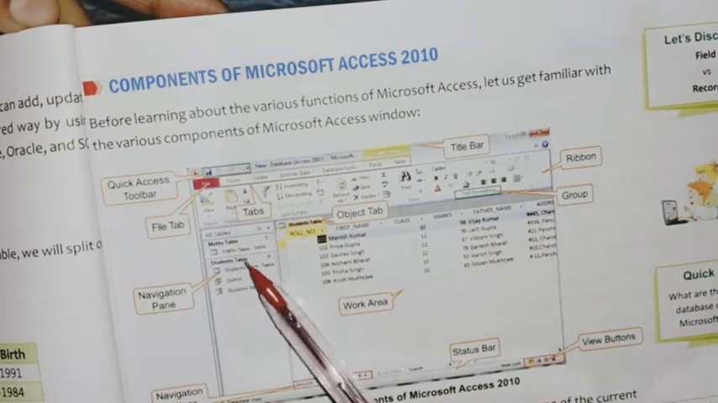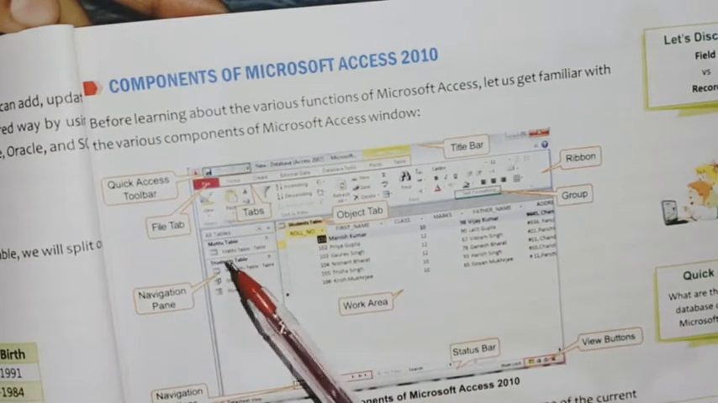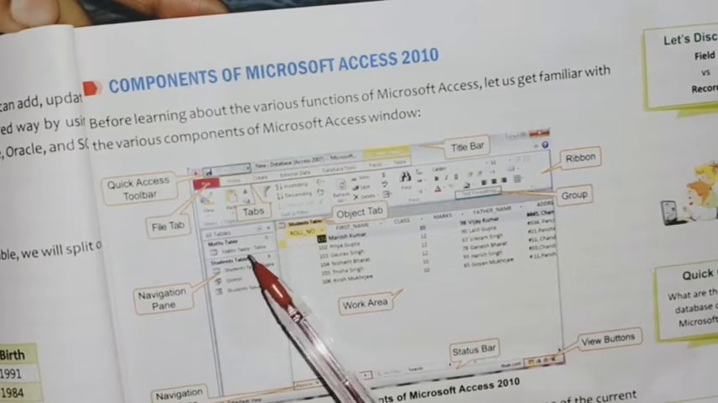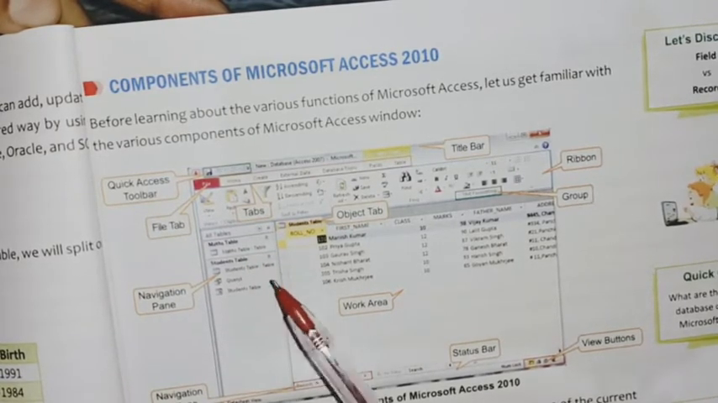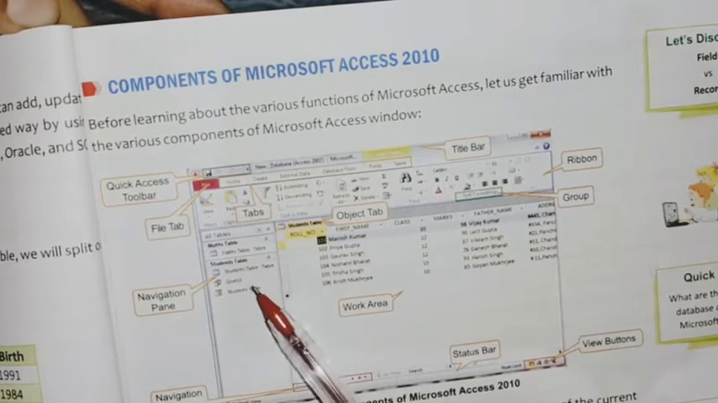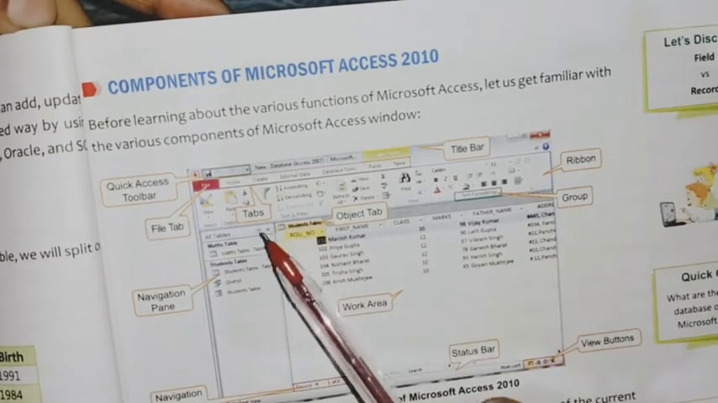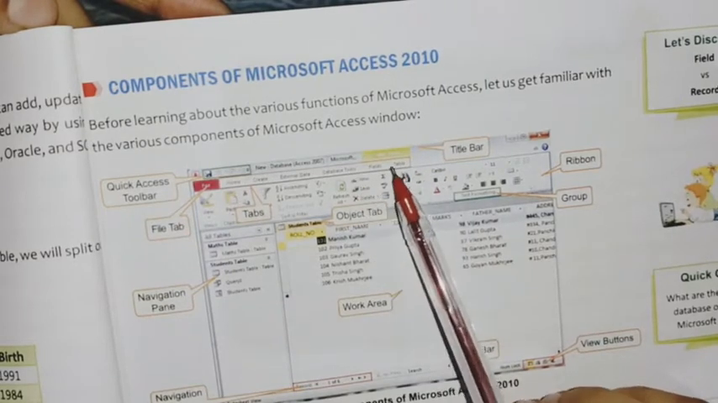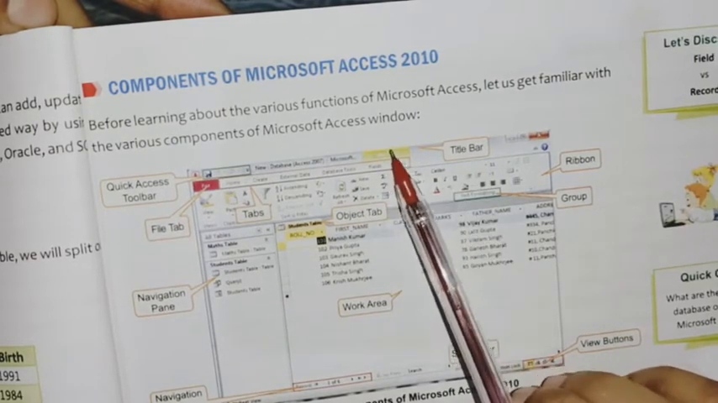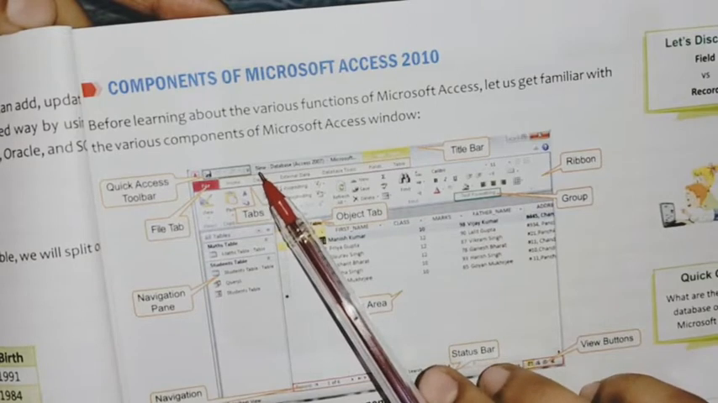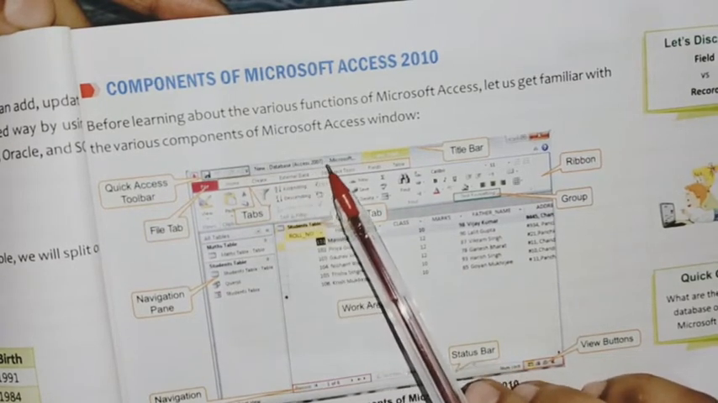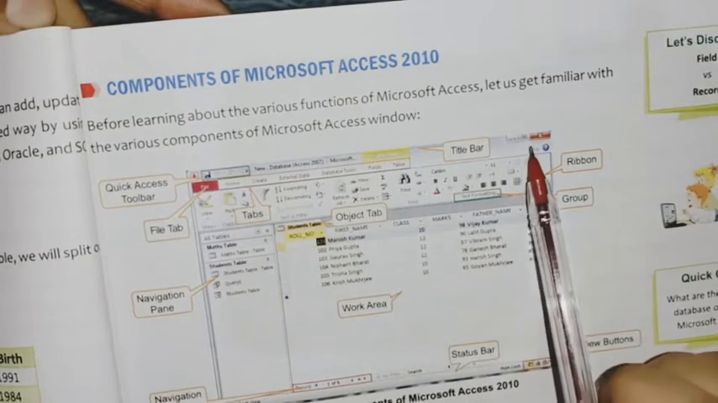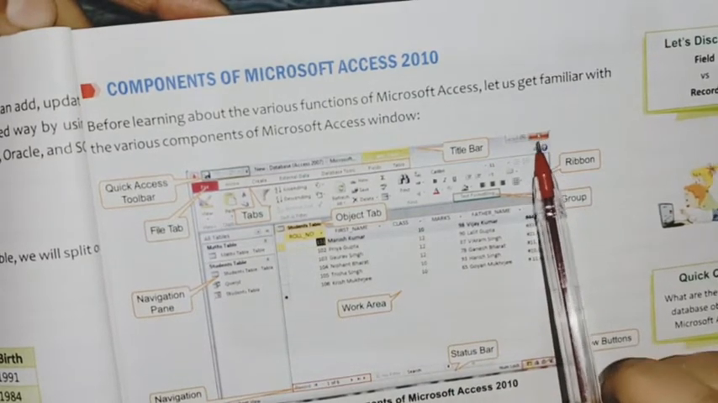This is the navigation pane, and here you'll get all your sub files like tables, queries, reports, forms. You'll get them here, and by double clicking on one, you can open it. And it is the menu bar from file to table, and it is the title bar on the top of the window, where you can see new database Access 2007 Microsoft. Here the software name and the file name are there, and on the title bar three buttons are there: close,